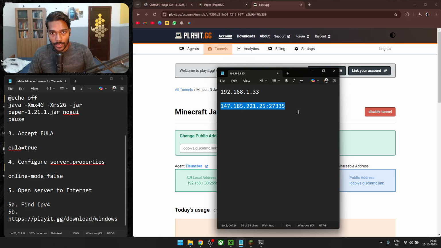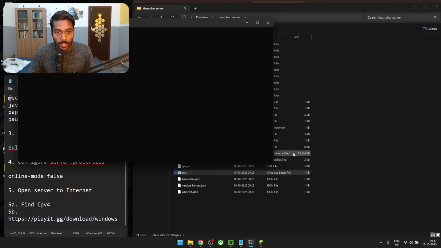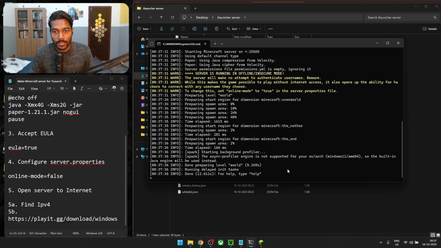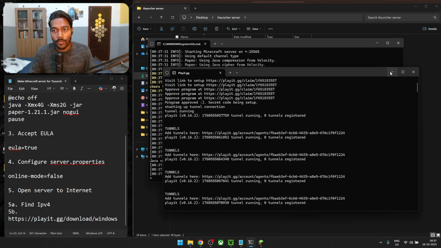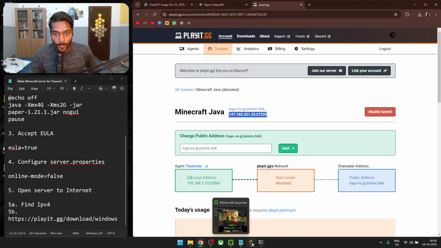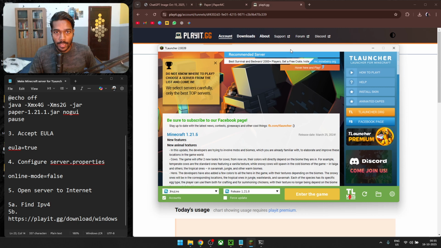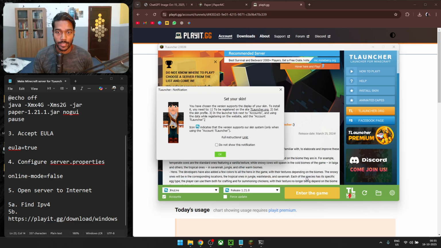So you know what, let's actually try it. I've copied it. So now let's go back to our server folder and start our server. Okay, the server is now up and our tunnel is also there. So the tunnel, we didn't close it, right? So the tunnel is active and our server is also active. Now let's open TLauncher and enter into the game. So we are gonna enter the same version as our server, which is 1.18. Enter game,